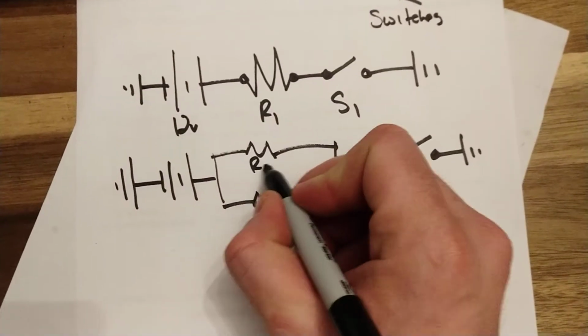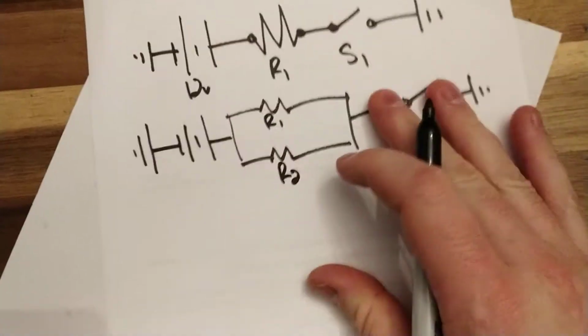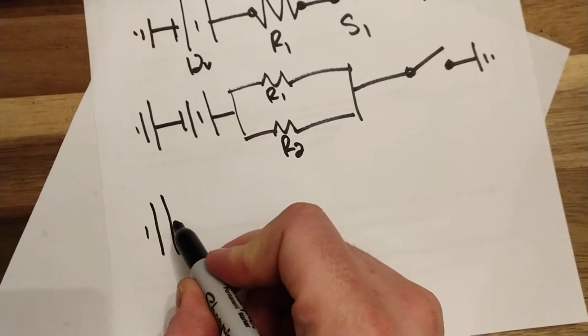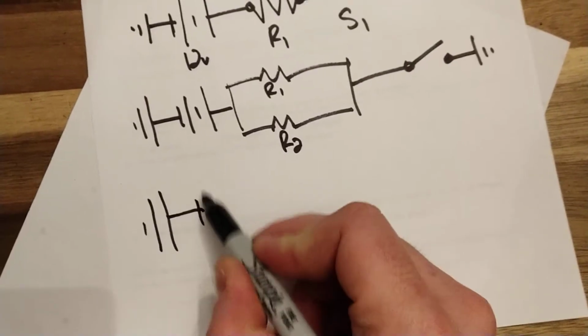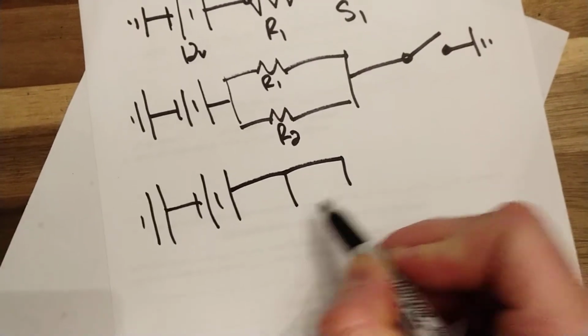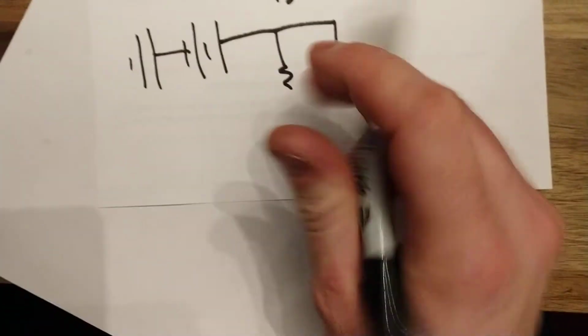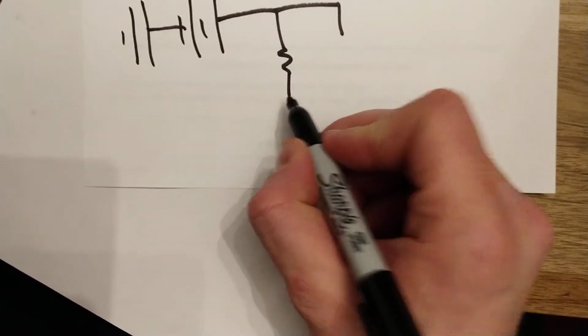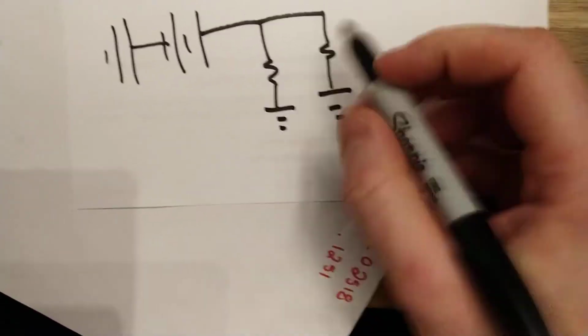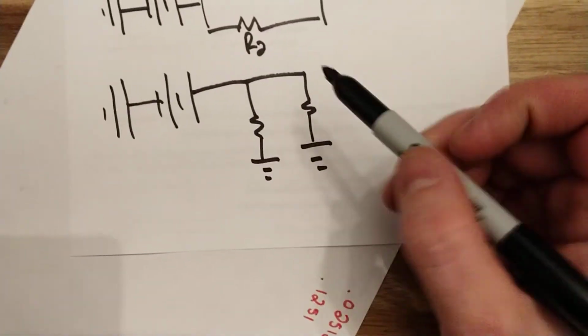So here we'd have R1, R2. You could also do it, I won't make this video too long, I'm going to try and hurry up. You could also do it this way: ground, battery, and then down. 1, 2. I'm going to run out of paper. 1, 2, and then ground. You have to ground it. Okay, if you're going to switch this one,